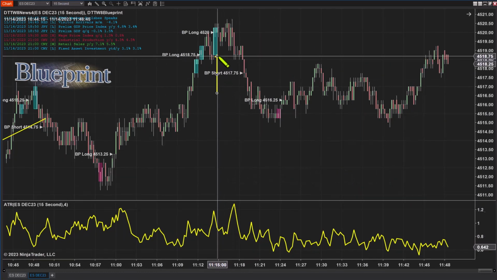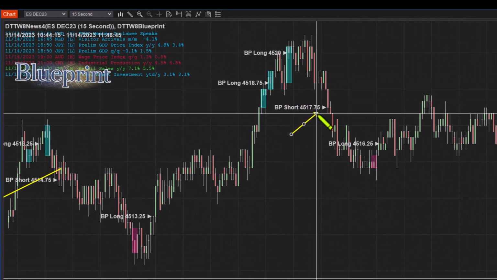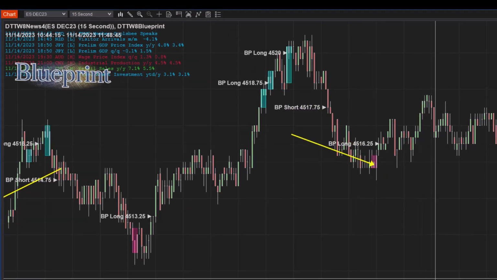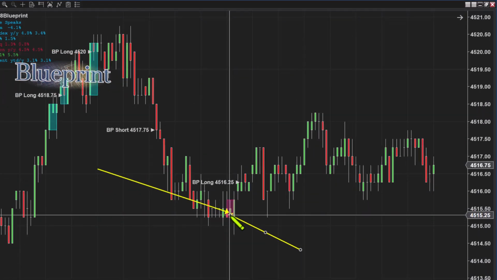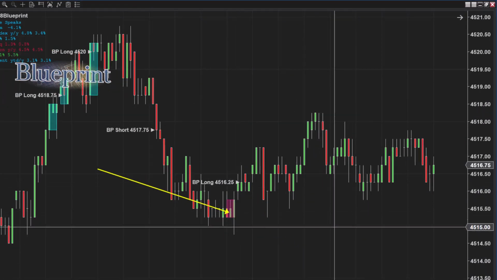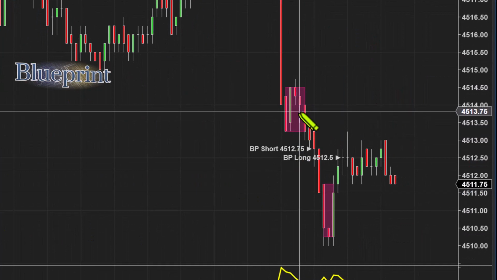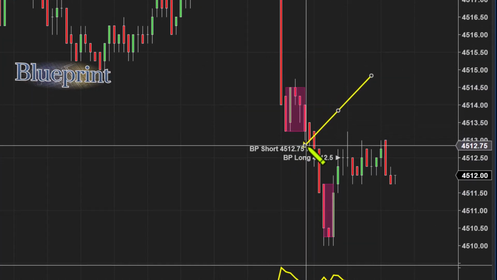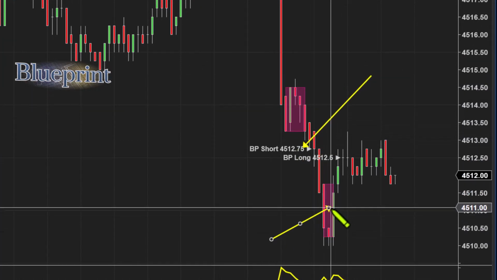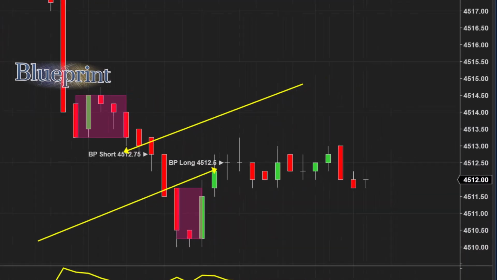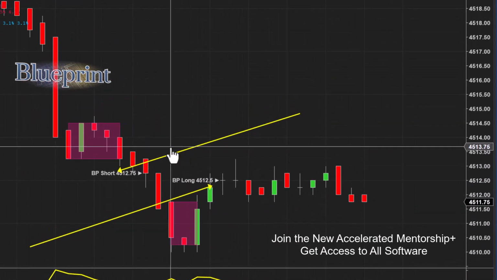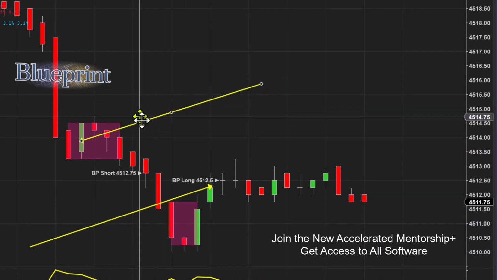And you have this area, the short. You have this area here, which is a long, right? This area here, you have a long. You have here this area, and then you have a short, and then you have this area, and then you have a long. So if you look at and try to understand what's happening, this area right over here was